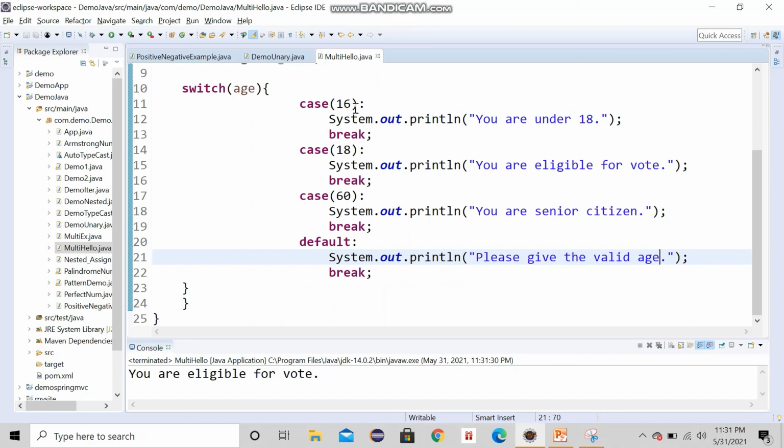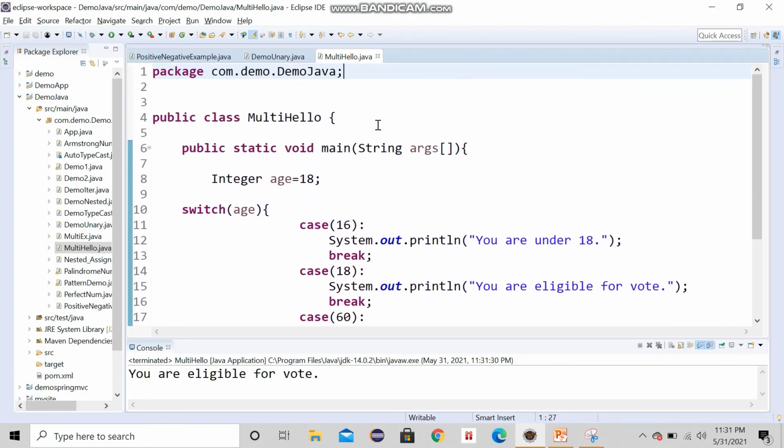If we mention some other number here, it will check that condition, print whatever is mentioned there, and come out at the break. If we don't put break here, then it will go on to the next conditions also, and that is the reason we should put a break.